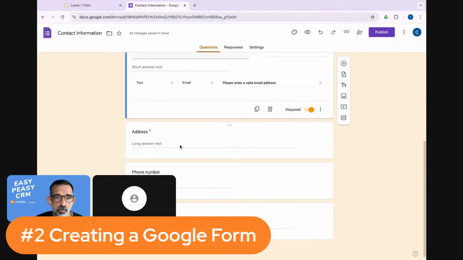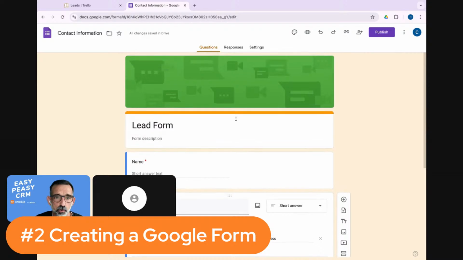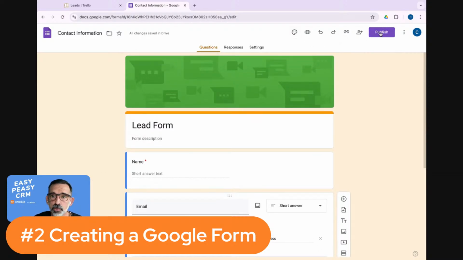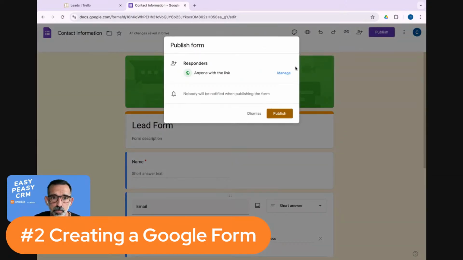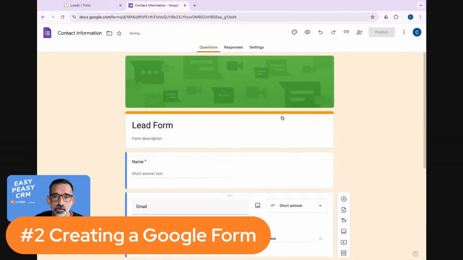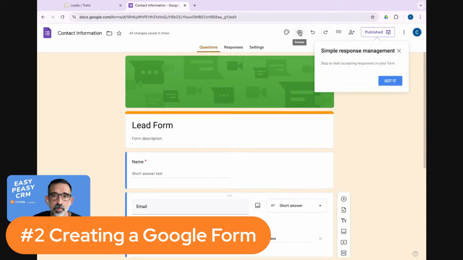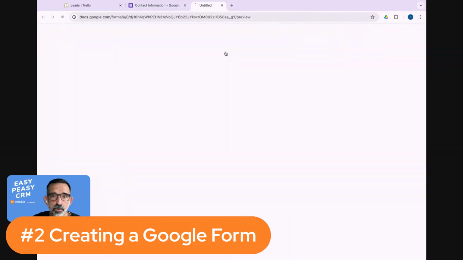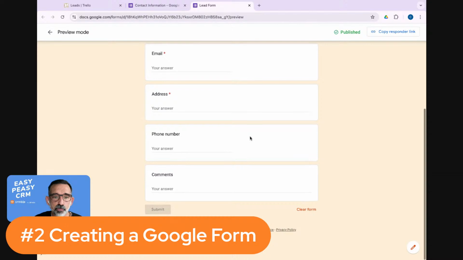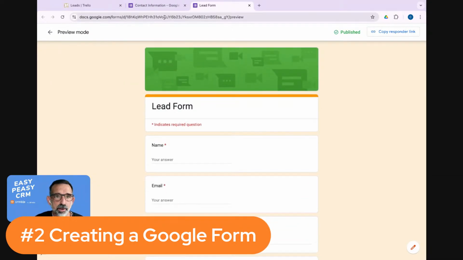So when you feel you're happy with your form, and let's say we are happy with what we see here, all you have to do is publish the form. And we can leave this as is. Anyone with the link can visit the form and use it. I'm going to publish this. And by clicking on the preview icon here, you can actually go and fill out the first form. You can also change the banner here. So now that we have our form in place,